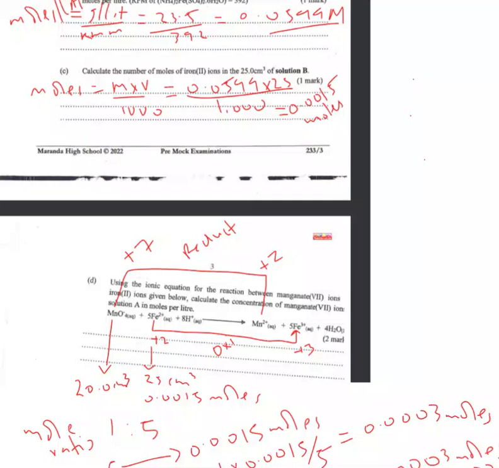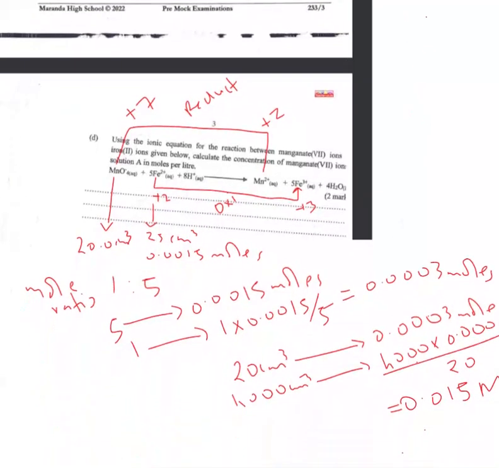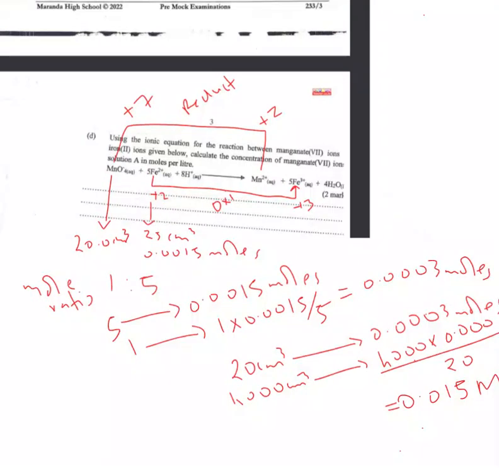And on the last question, we've been asked, using the ionic equation for the reaction of the manganate(VII) ion, to calculate the concentration of manganate(VII) ions in solution A in moles per liter. When I started, I mentioned that this is a redox type of titration, which involves reduction and oxidation. So manganate(VII) ions undergo reduction to form manganese(II) ions, and iron(II) ions undergo oxidation to form iron(III) ions. But do not forget that we pipetted 25 cubic centimeter of iron(II) ion, and the number of